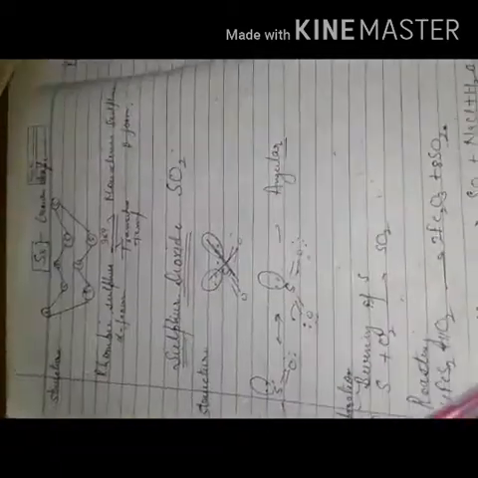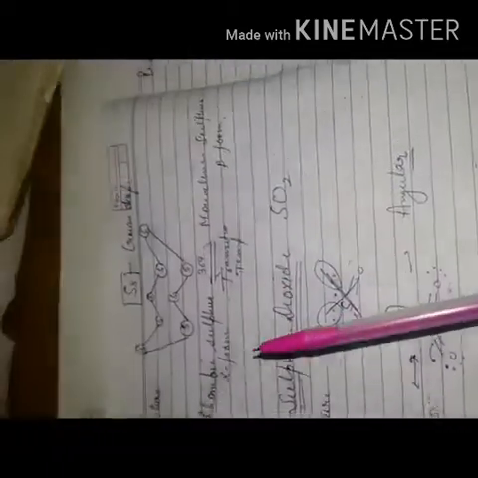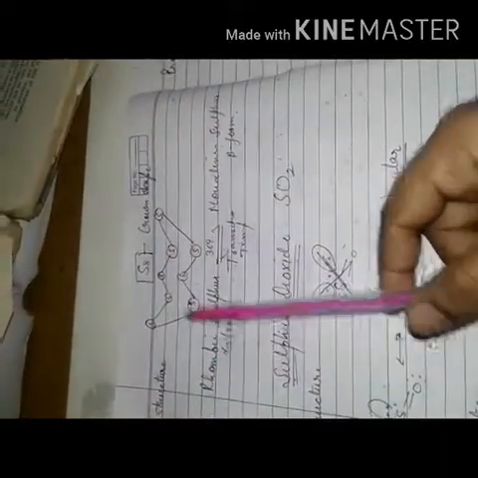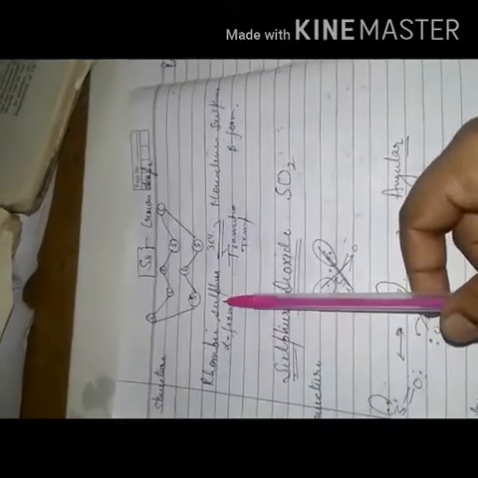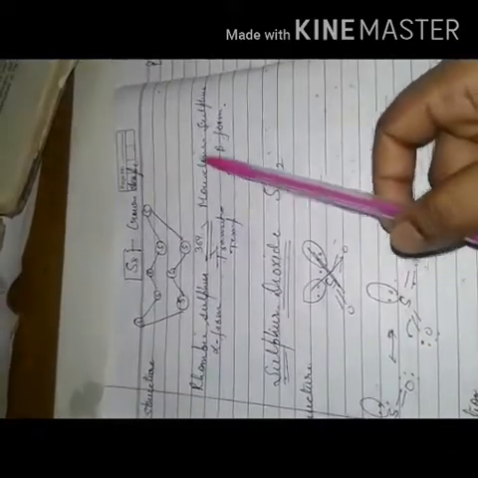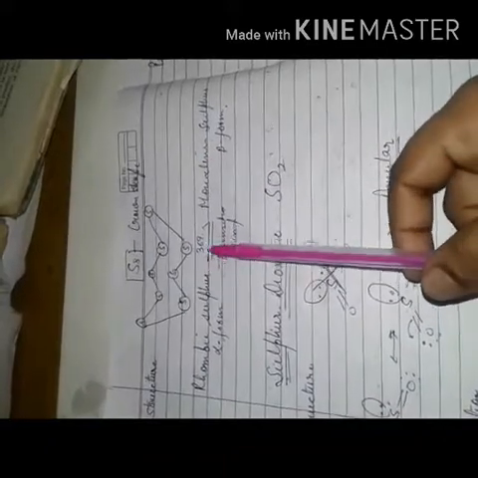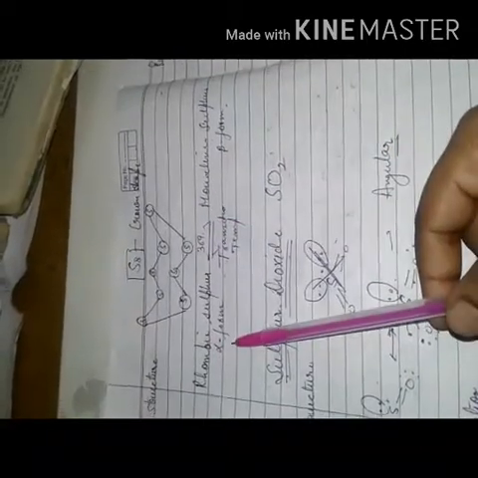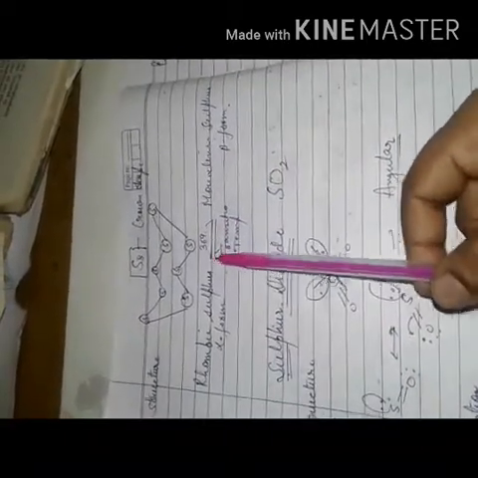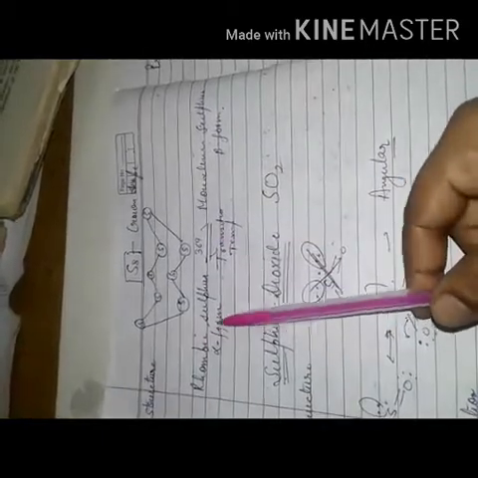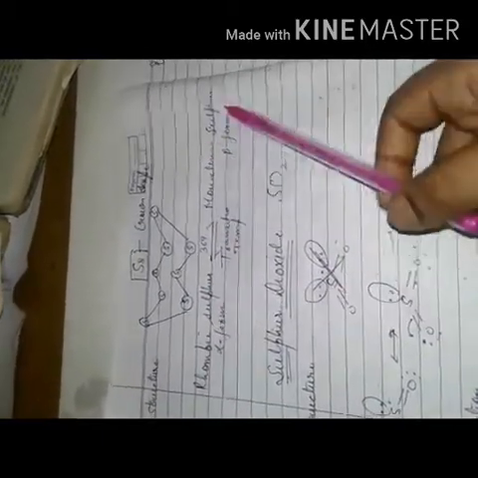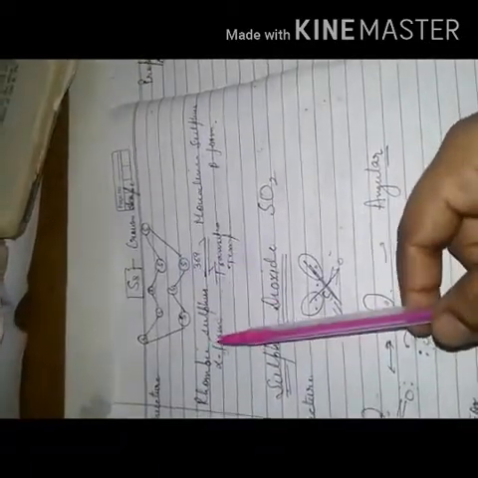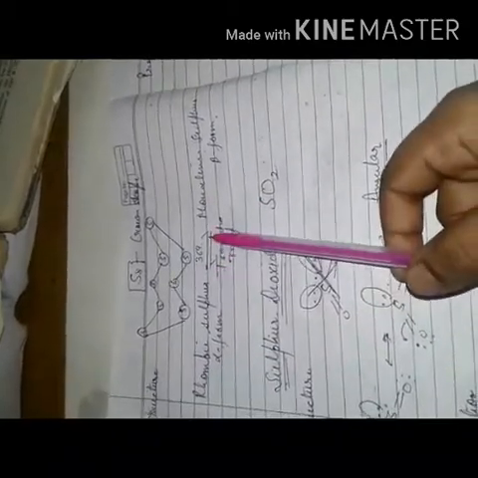Now there is a relation between the two allotropic forms of sulfur, alpha form and beta form. The alpha form, which we also call rhombic sulfur, changes to monoclinic sulfur, that is the beta form, at the temperature of 369. Similarly, this monoclinic again changes to rhombic sulfur at the temperature of 369. This temperature, which leads to the interconversion of one form to another, is known as the transition temperature. The transition temperature of the allotropic forms alpha and beta is 369.